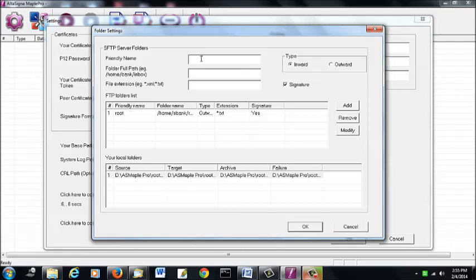Similarly, configure the inbox folder. The inbox folder will be used for downloading files from the ACH system. To configure the inbox folder, provide the friendly name, provide the folder full path, provide the file extensions. When you configure this folder in MaplePro, make sure that the inward radio button is selected. Check the signature option to indicate that the files present in this folder will be signed and will need verification